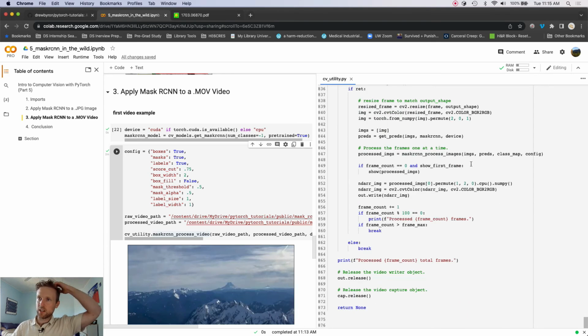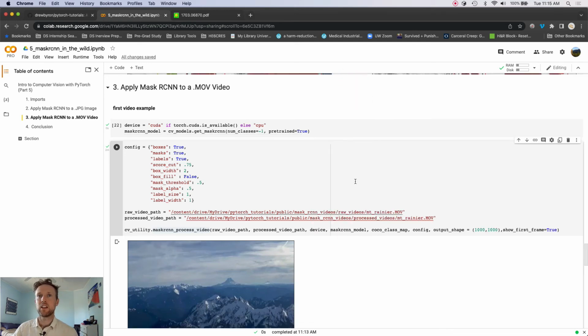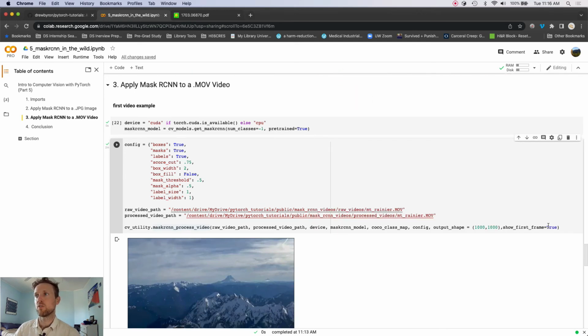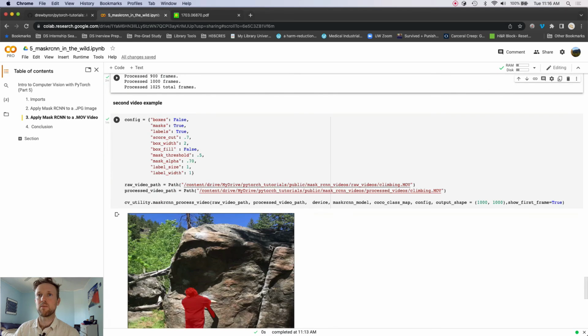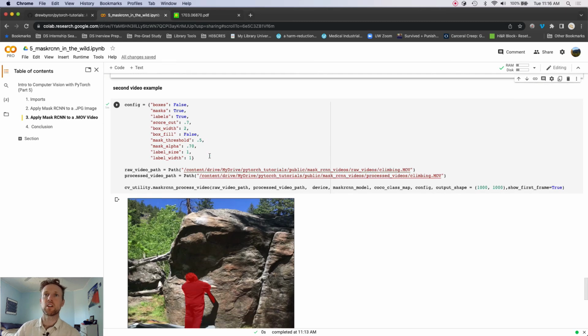Okay, so that is how that works. And so you can also put show first frame equals true just to kind of show that things are roughly working. And then I have another video that I processed here